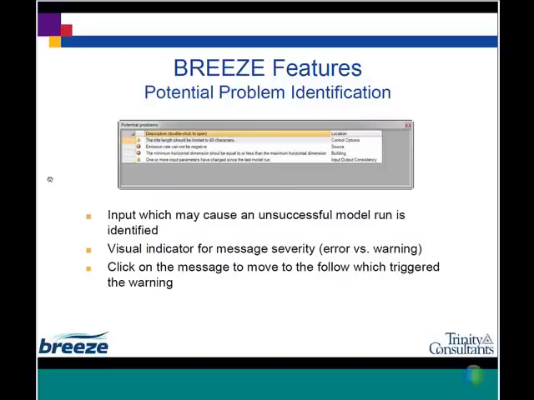There's also visual indicators for the severity of the message. If you see the red X, that means you have a fatal error within your current run, and your run would not be successful if you were to attempt to run AERSCREEN at that point. A warning message, on the other hand, the little yellow triangle with the exclamation point, is something that you should be aware of that you may need to change prior to running, but may not necessarily prevent the model from